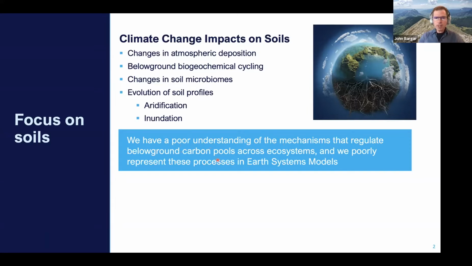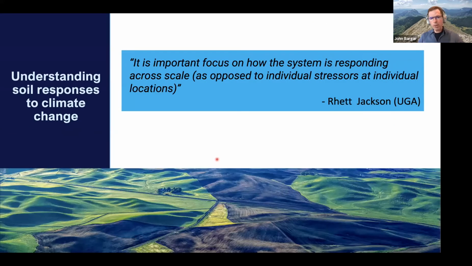So I'm going to come back to this slide in a minute, but I just want to make one more really important point, which is that if you want to understand how soils across regions are going to respond to climate change, you can't do it by just going and sitting at one field site, making measurements at one point in time and projecting them up and across. This won't work. And the reason why it won't work is because there are so many processes occurring at the same time, which are either symbiotically helping each other or working against each other.